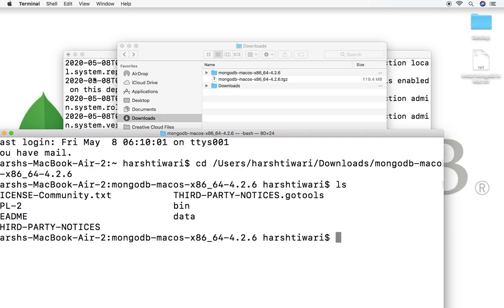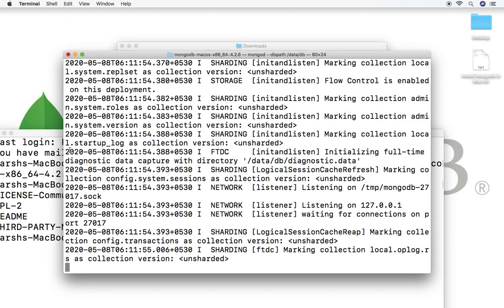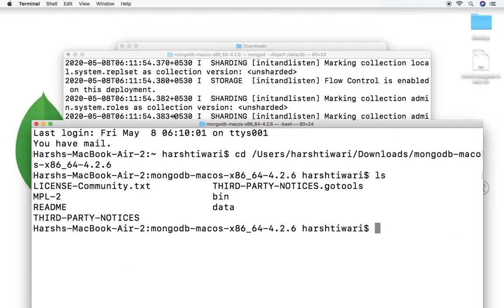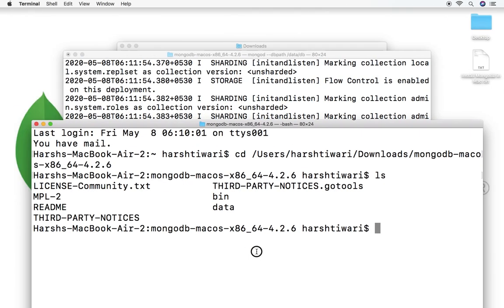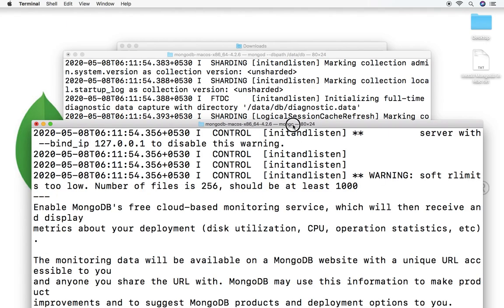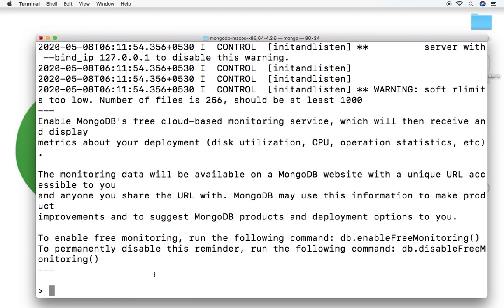And this time we have already started the server. You can see it is running in the background in another terminal, and in this terminal I will start the mongo. So I just need to run this ./bin/mongo because it is inside the bin folder. So we are going inside the bin and then we are saying start the mongo, and we just need to press enter, and then you can see friends it is successfully started.